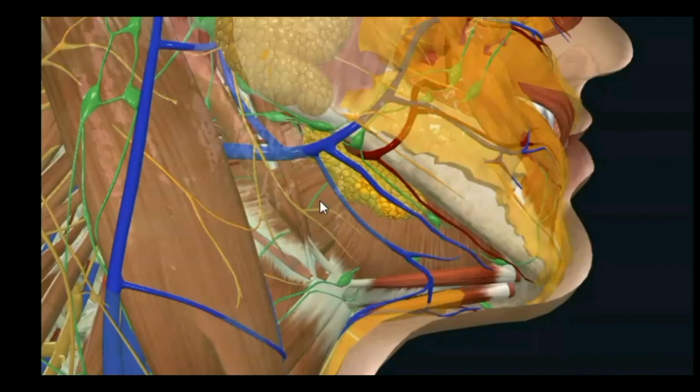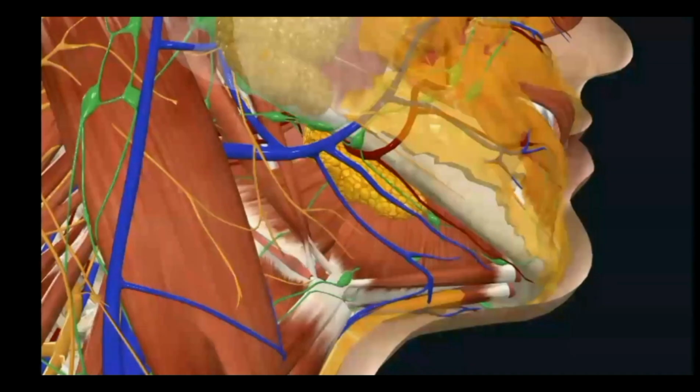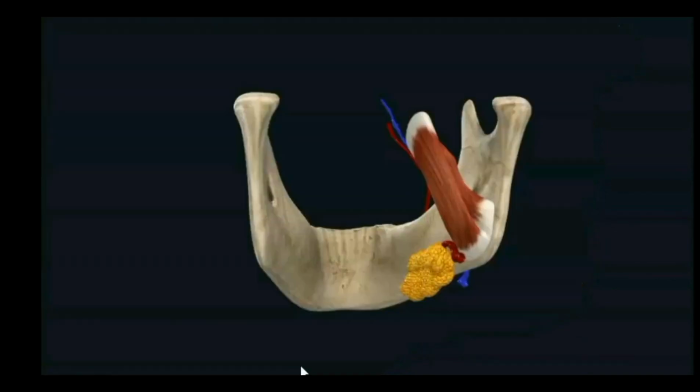Facial artery is mainly related to the lateral surface, but you can see the common facial vein is related to the inferior surface here. Those are the submandibular lymph nodes. You can see in pink, the arrow is showing they are connected to buccal lymph nodes. So submandibular lymph nodes are there. What are the relations of the inferior surface? Skin, superficial fascia containing this common facial vein, and then deep fascia, submandibular lymph nodes.